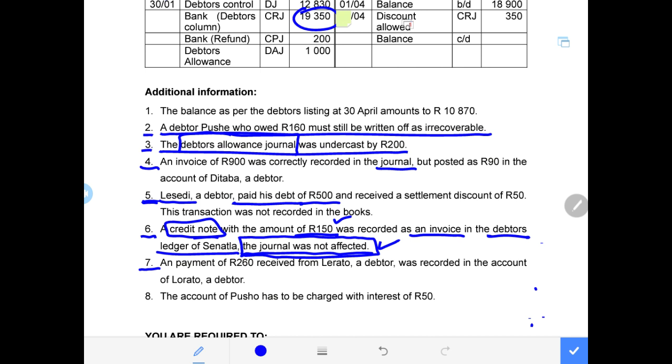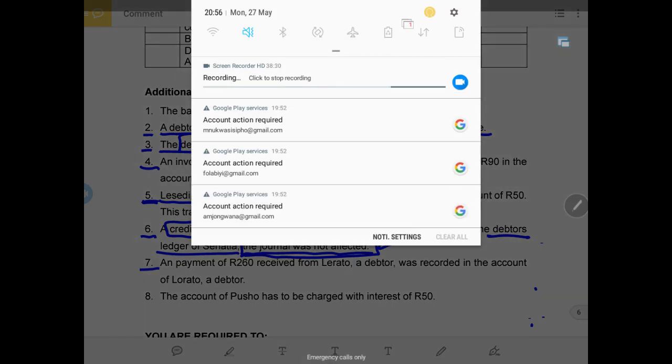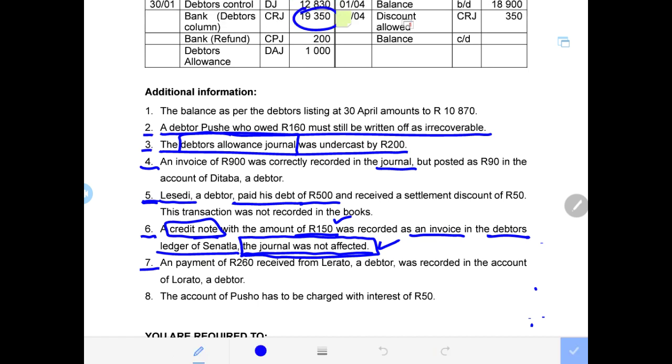Number 7. We are reading under number 7. Number 7 says a payment of 250. Remember, we are a company that sells on credit to our customers. So when they say a payment of 260 received,